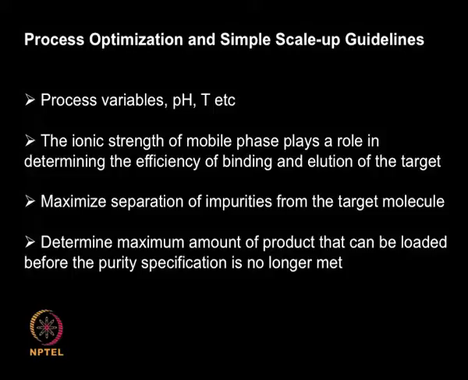You have to consider the process to be as efficient as it was in the small scale, so that there are no differences when you scale it up from a lab scale right up to a commercial scale. So the ionic strength of the mobile phase plays a role in determining the efficiency of binding and elution. We also want to separate the impurities from the target molecule. So the impurities should be far away from the target molecule,